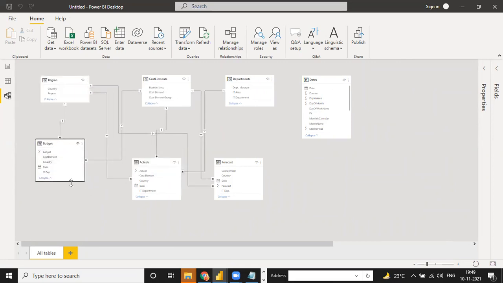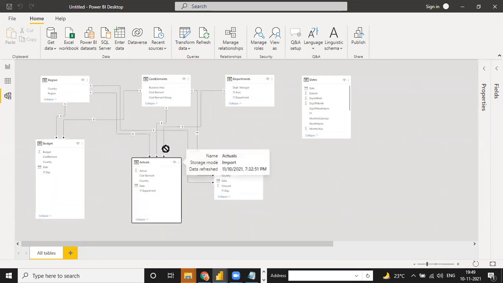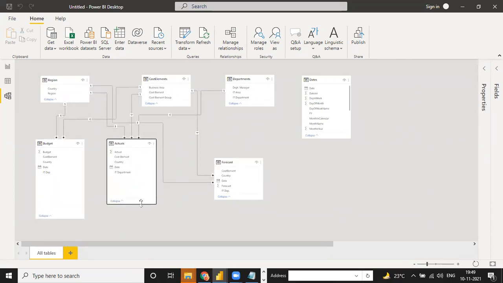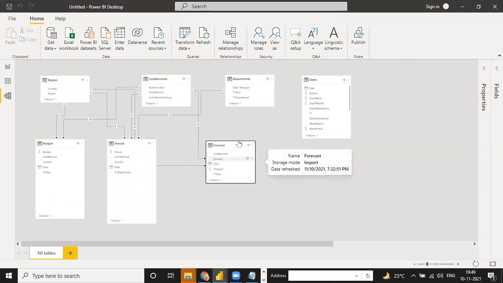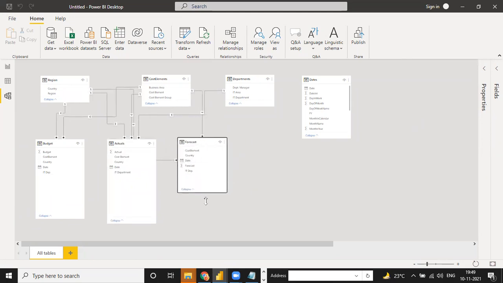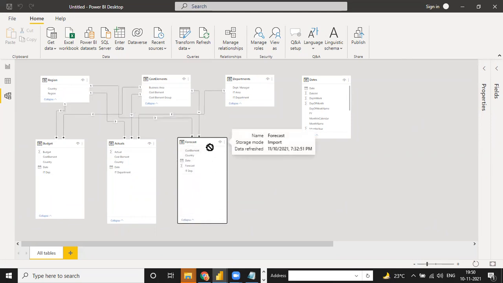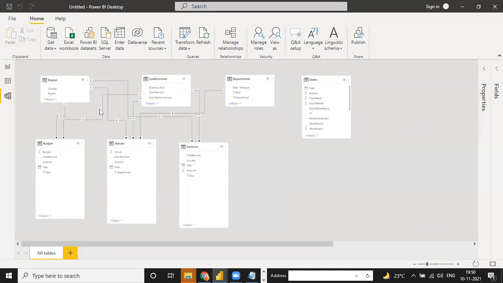And now you have to just identify the two basic things: which one is the dim table and which one is the fact table. That's it. If you identify this, then you can directly make the relationships in one go. See, this is my reason table. In this reason table, we have all unique values, which means it is a dimension table. In the same way, cost element is a dimension table. Department is a dimension, because we have different departments, but all the departments are unique values.